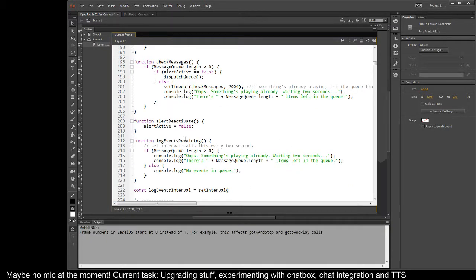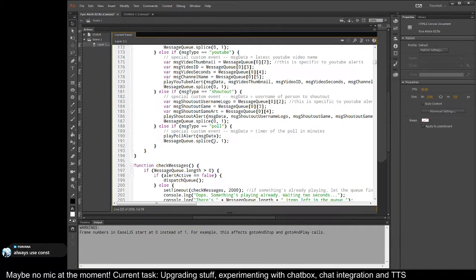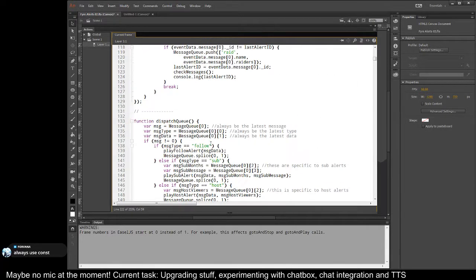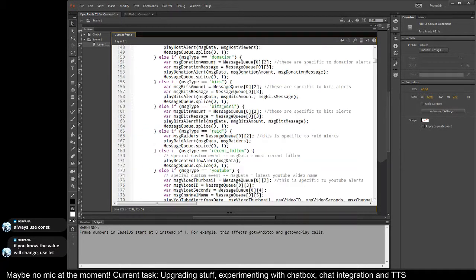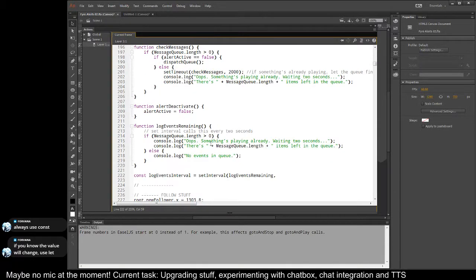Okay, so log events remaining, no parameters, always use const. Okay, I believe you. So use const for, you know, when the value won't change. Let